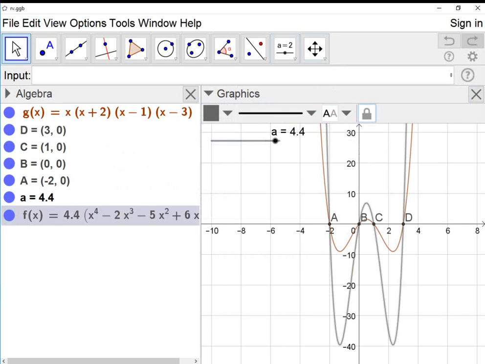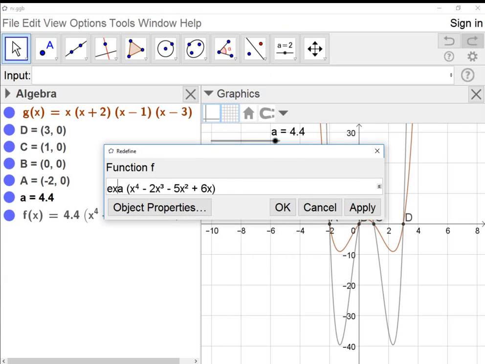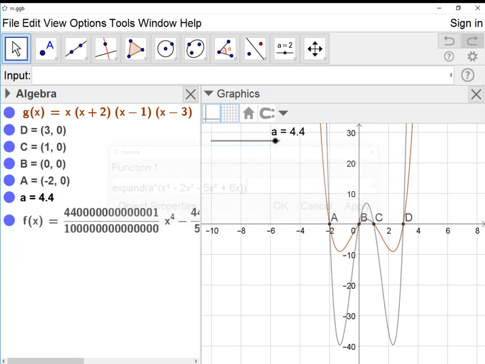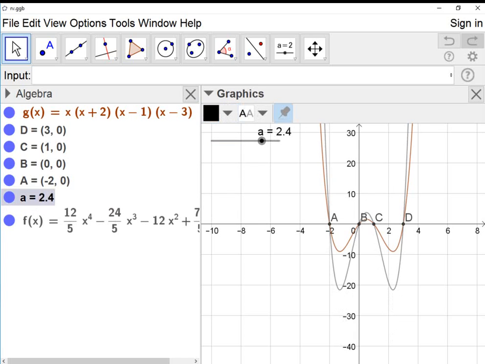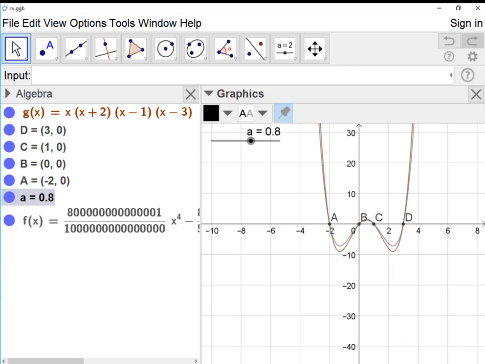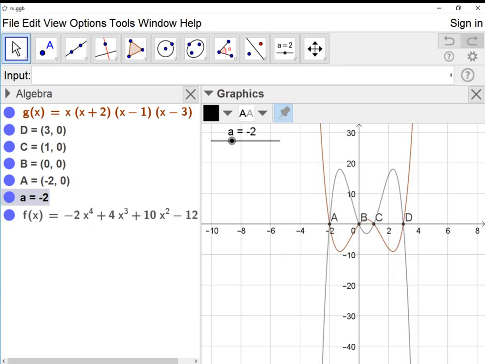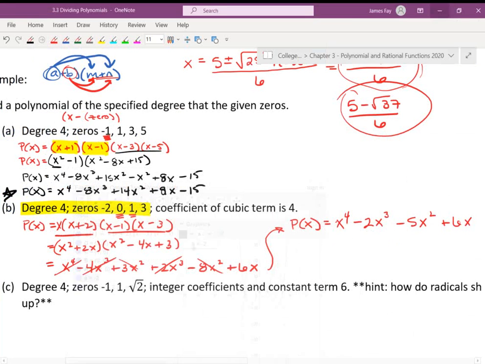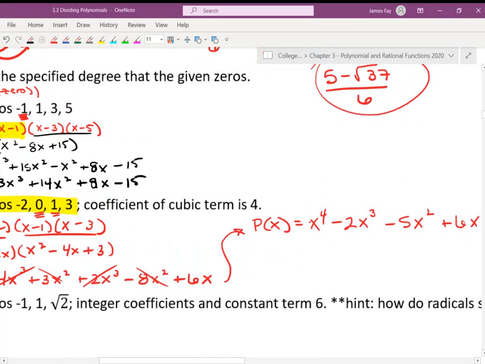let's do it this way. Okay, so I want that A to be something that generates this number here to be a positive 4. Right now it is a negative 4. So what's it got to become? Negative 2. Okay, so basically what we're trying to do here is figure out what does the A need to be? Well, A needs to be